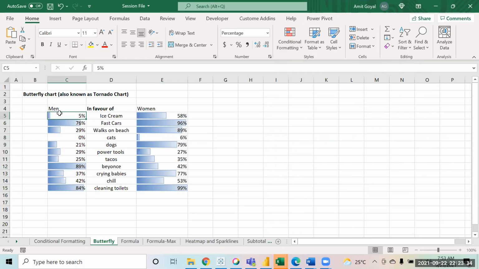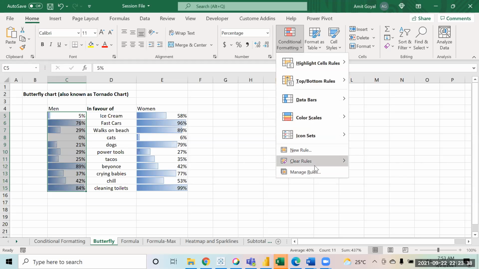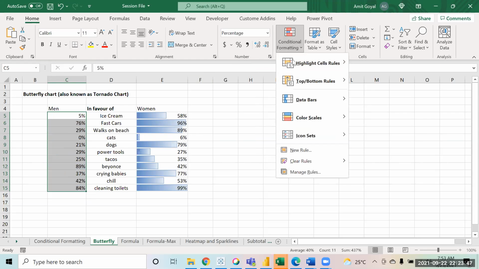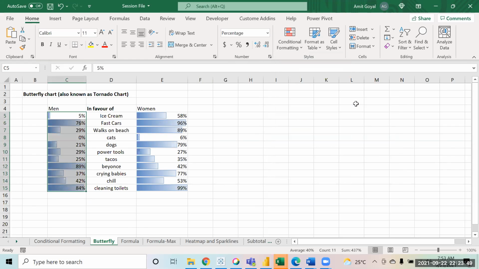Now, if you want to remove any conditional formatting, you can do that. Click on conditional formatting, then click on clear rules, clear rules from selected cells. So the conditional formatting is removed. If you want to apply it again, you can do it again.